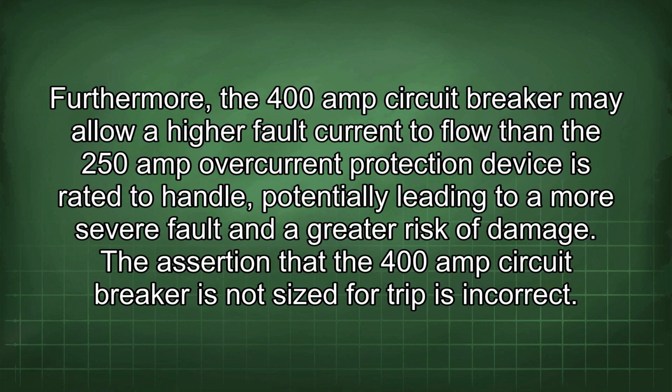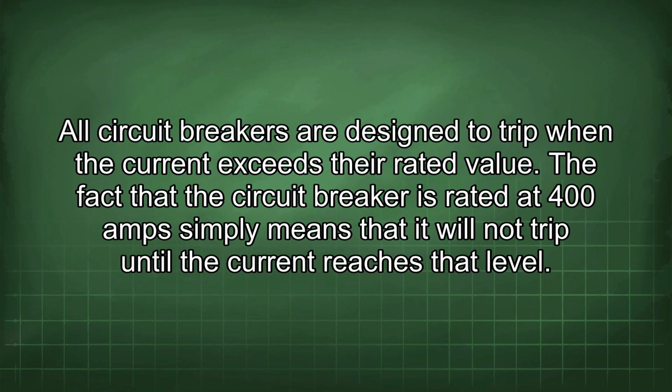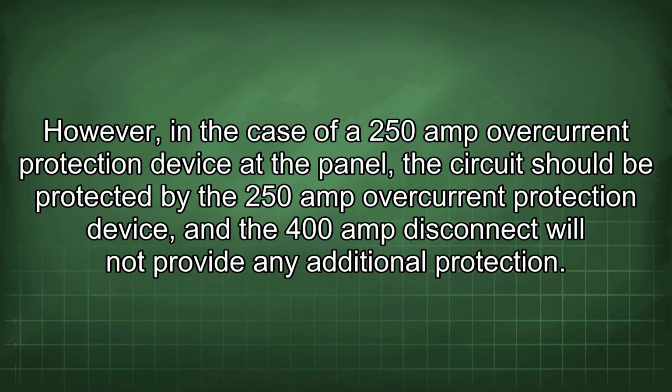The assertion that the 400 amp circuit breaker is not sized for trip is incorrect. All circuit breakers are designed to trip when the current exceeds their rated value. The fact that the circuit breaker is rated at 400 amps simply means that it will not trip until the current reaches that level. However, in the case of a 250 amp overcurrent protection device at the panel, the circuit should be protected by the 250 amp overcurrent protection device, and the 400 amp disconnect will not provide any additional